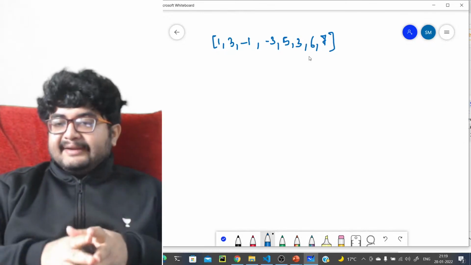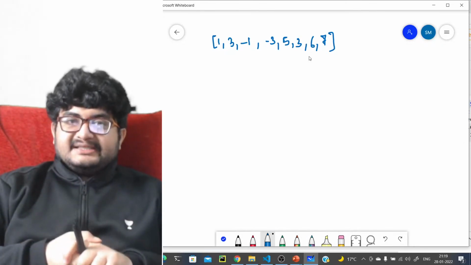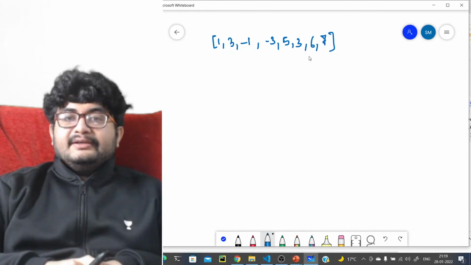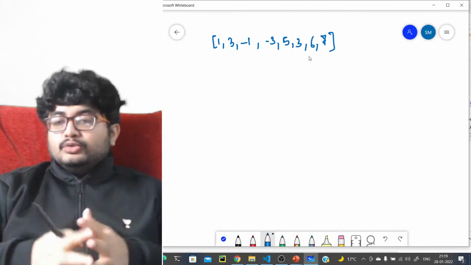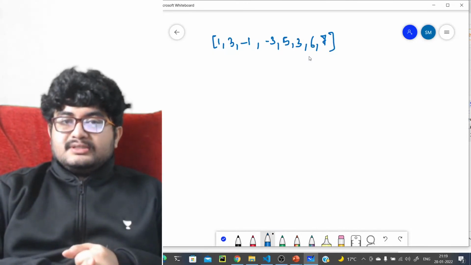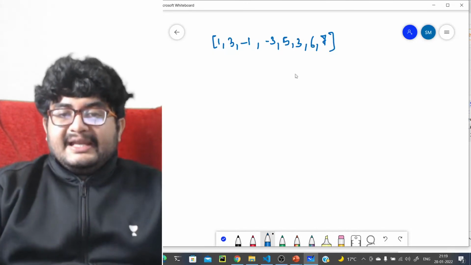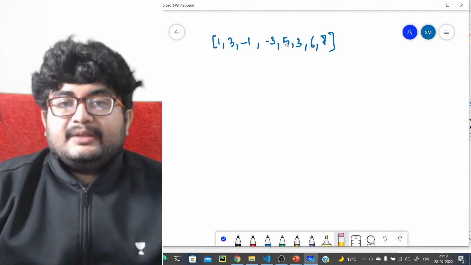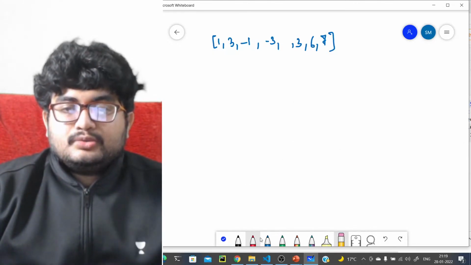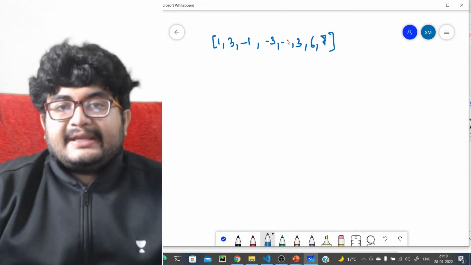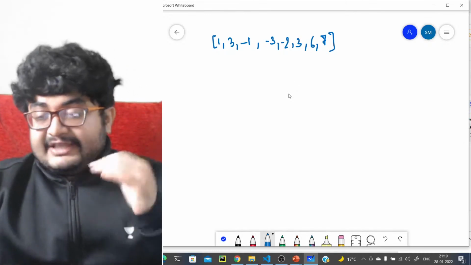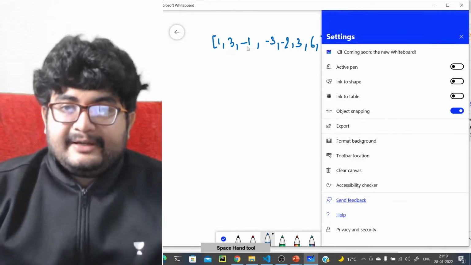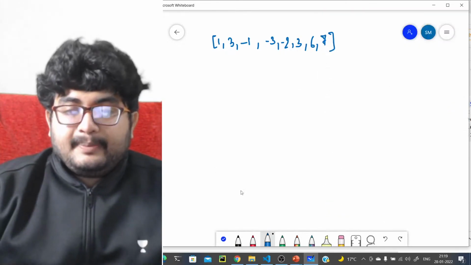The problem, if you just want to maintain the maximum value, is that you might lose some information. Maybe let's modify this array to understand what the problem is. So let's make it minus 2 instead of 5. See, if we just maintain the maximum element, what will be the problem?